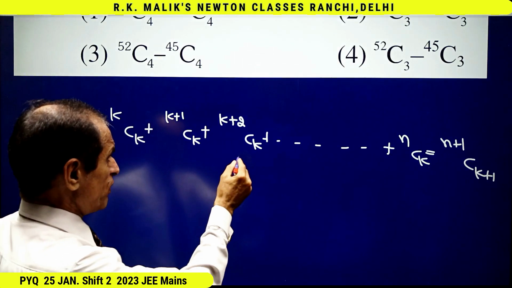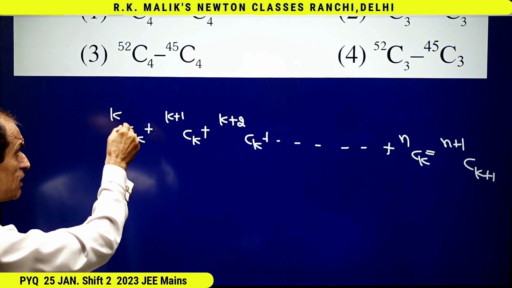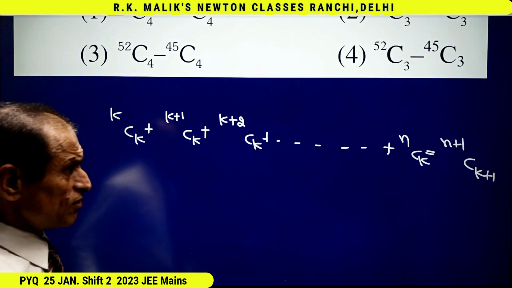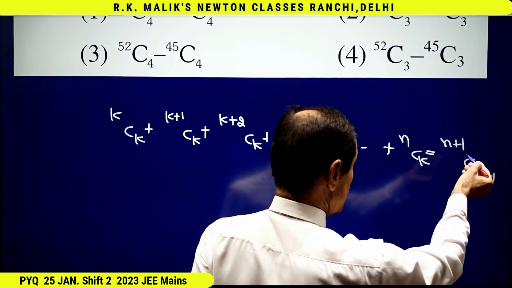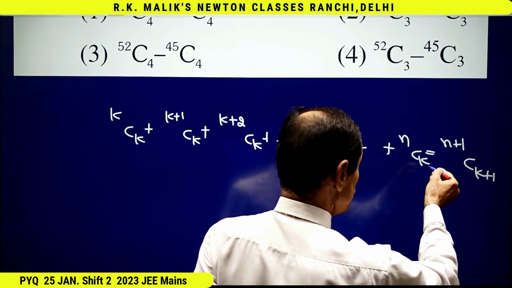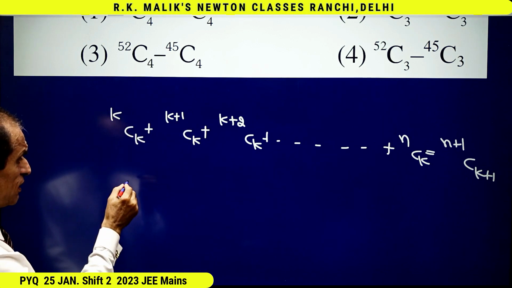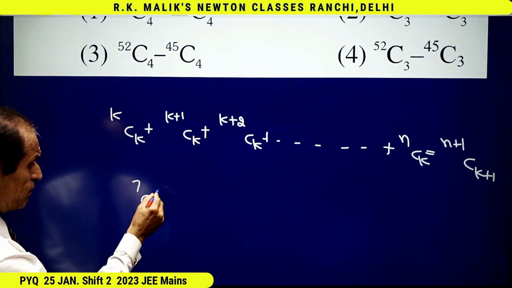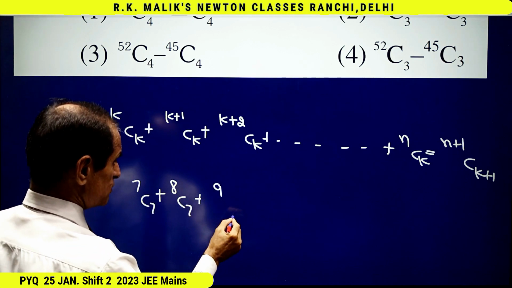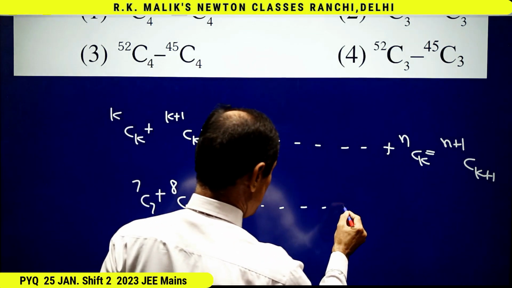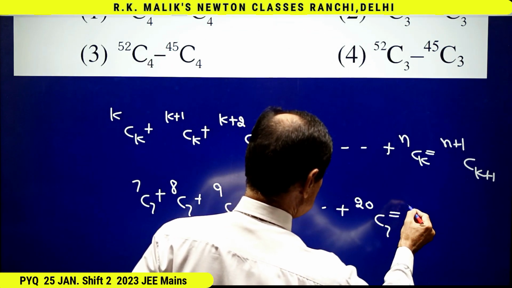Note that when base is k, the starting point should be kCk, and wherever it ends, the final result is adding 1 in both the numbers. For example, if I say 7C7 plus 8C7 plus 9C7 up to 20C7, the result will be